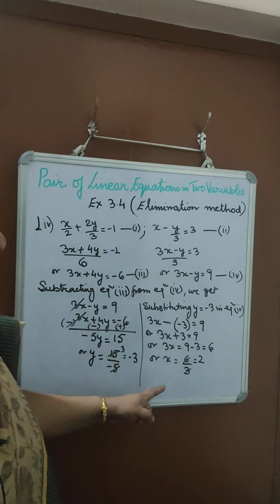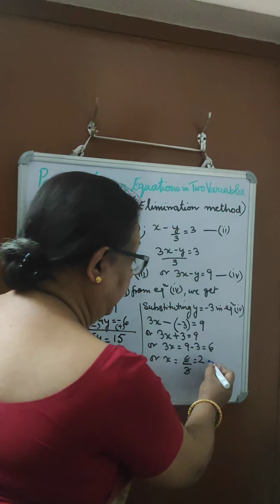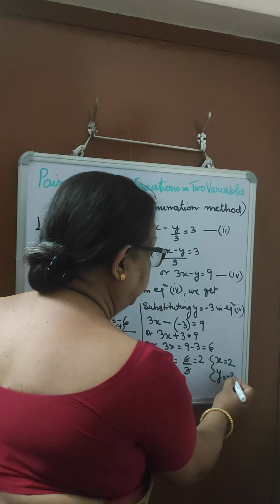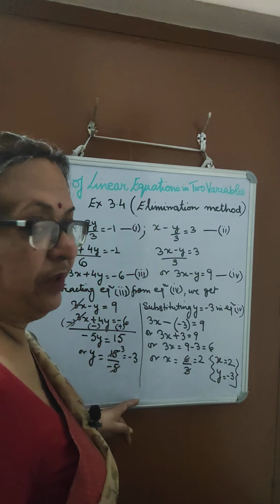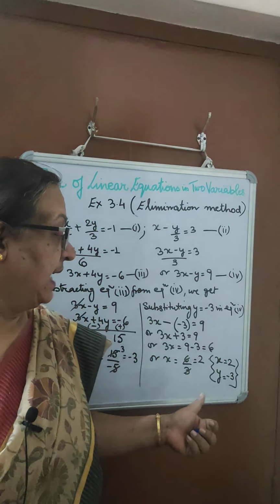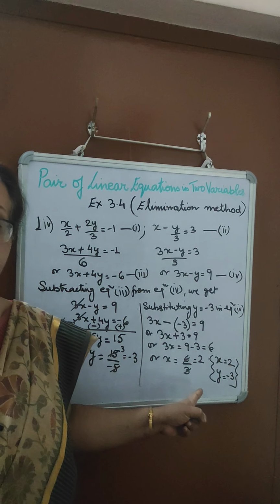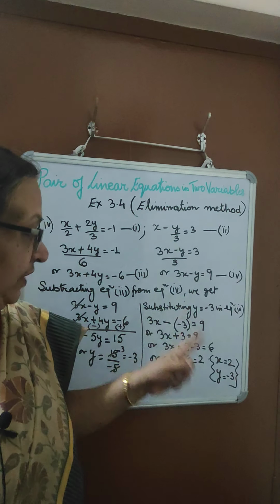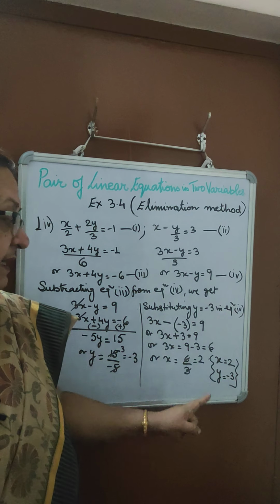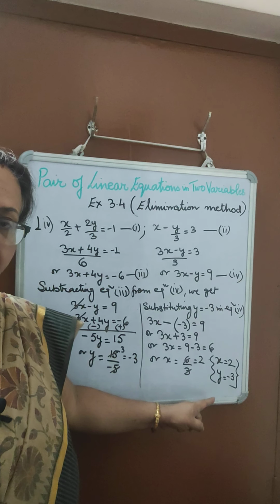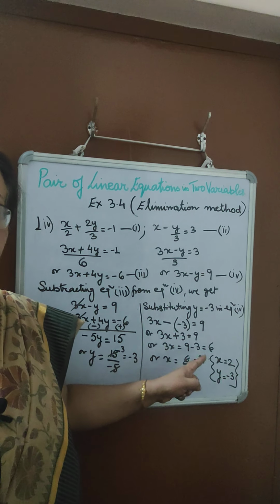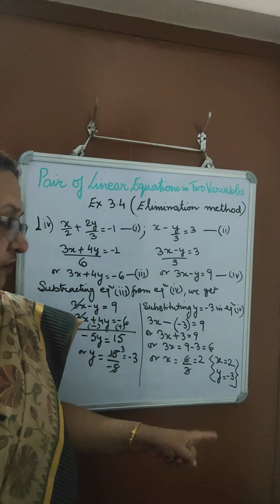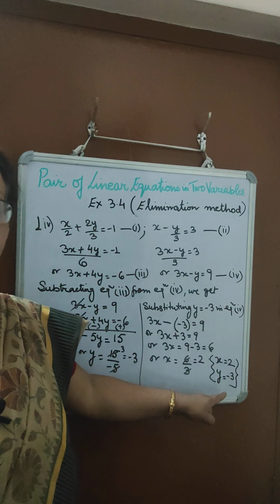So again we got the value of x equal to 2. So what is our answer? Answer is x is equal to 2 and y is equal to minus 3. Okay, so again you see that we have done this by elimination method. You can do the same sums by substitution method. You will do it and you will check whether you get the same answer or not. By substitution, by elimination, by cross multiplication, by graphical method, any way you solve, you should get x equal to 2 and y equal to minus 3.